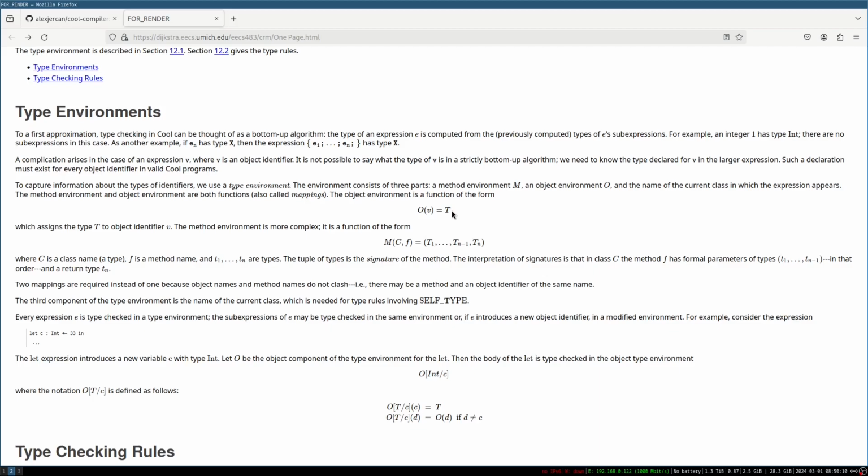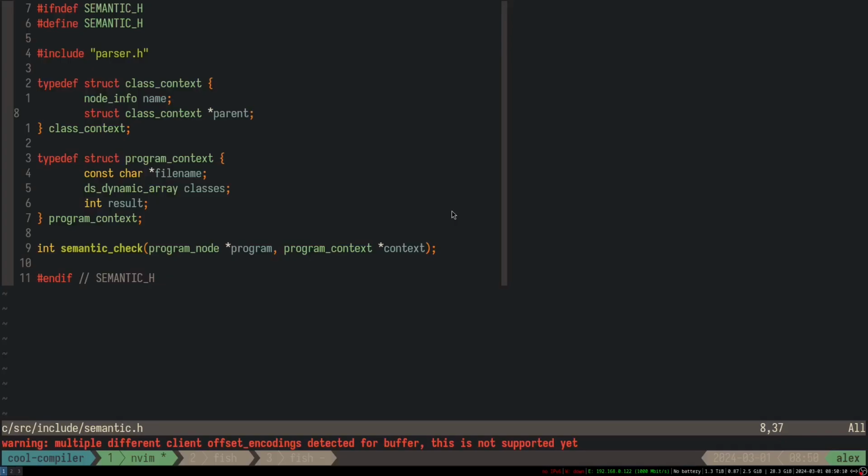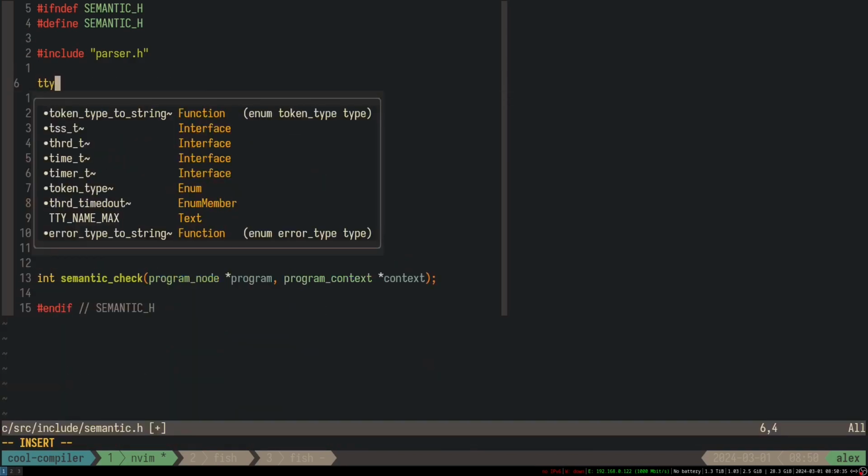We have to define big O. So yes, we're gonna have probably a node info for the name of the attribute and the class context. How about the class context for the type of the attribute? So maybe we're gonna have a type